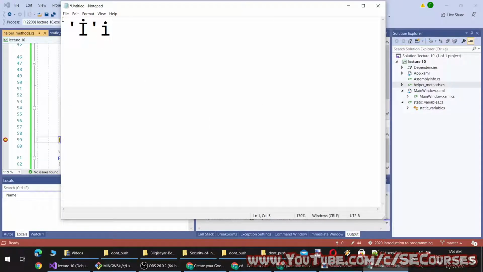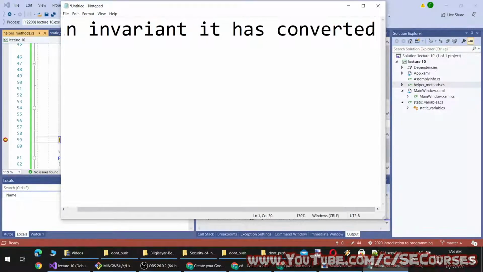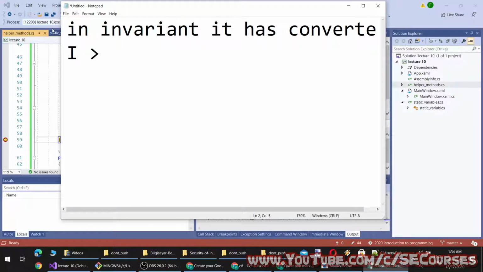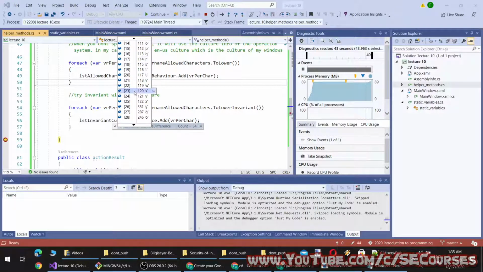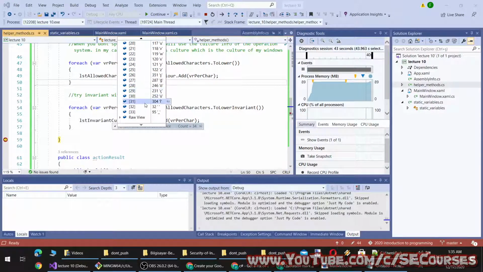Yes, it has converted the bigger I into I. In invariant, it has converted I into I. In English culture, I to I. Okay, so this is the difference when you are working with a multicultural environment. You have to always set the culture yourself.